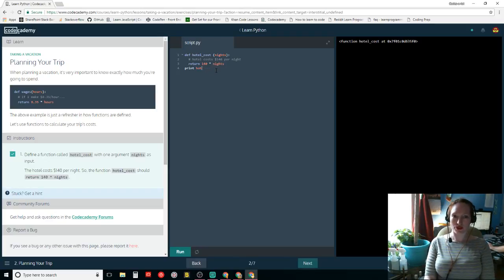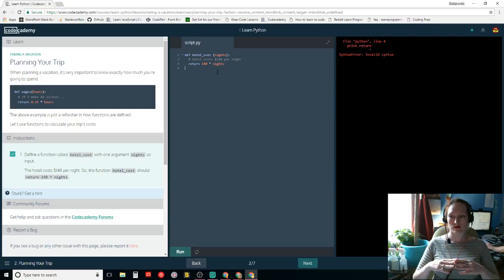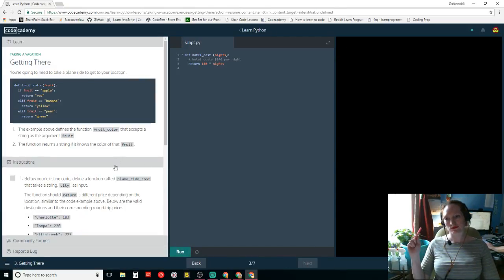Maybe it's print return instead of the hotel cost, because when I print hotel cost, it gives me the function. Let's try that again. Nope. Not sure how that would work. I don't know. Anyway, we solved that one. And it was sad. That was sad.